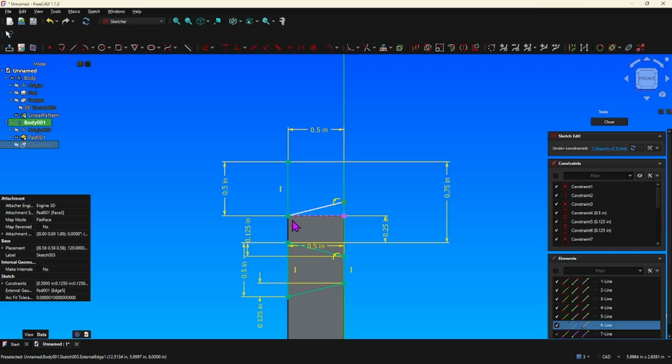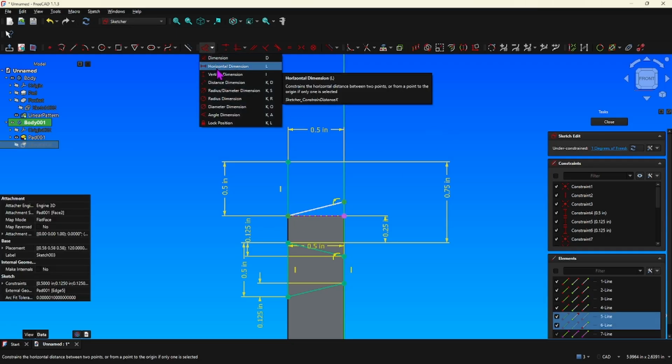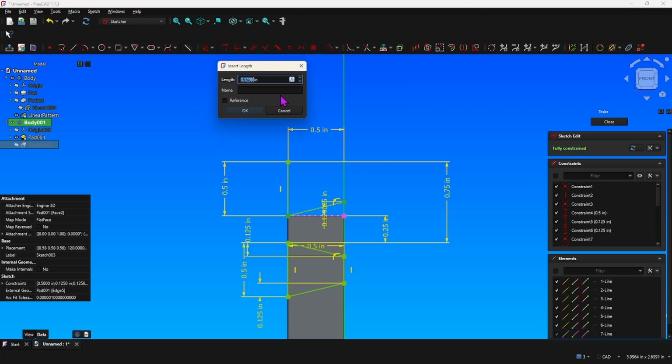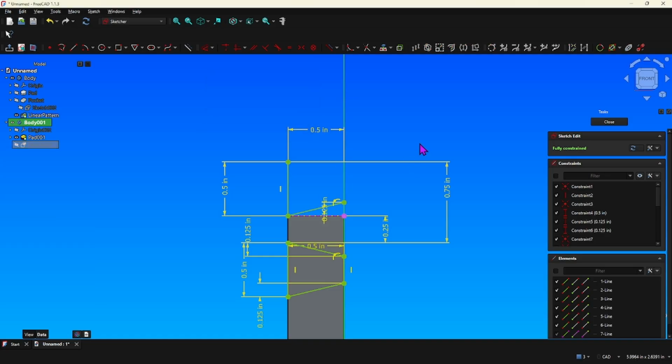Now we want this point and that point vertically at 0.125. Enter. Okay, so now with that, I can draw the,